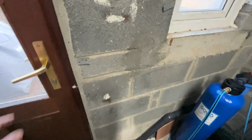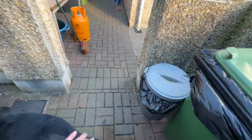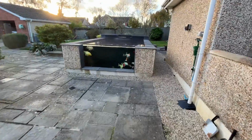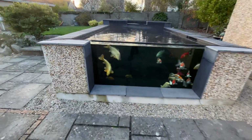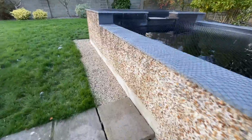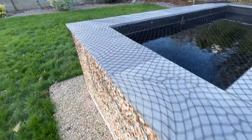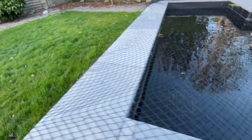I'll just show you, for those of you not familiar with my waterfall, and we have two dogs out here playing. Again, the fishies are all fighting fit. Temperature of the pond is about 13 degrees. Air temperature around 15, it was up to 18 for a time yesterday. So you can see the width of